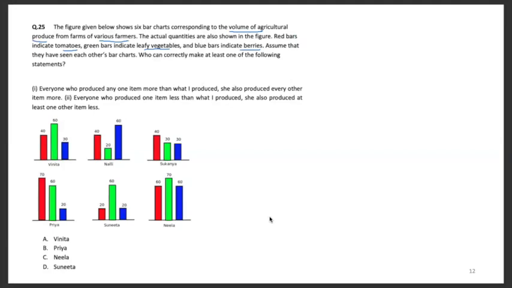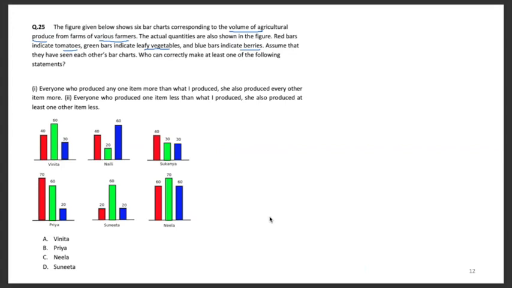The first statement reads: everyone who produced any one item more than what I produced, she also produced every other item more. Which means that if I am Neela, because Neela has the maximum produce of all three, and Neela is making the claim that everyone who produced one item more than what I produced also produces every other item more, which means that